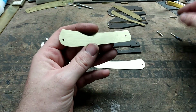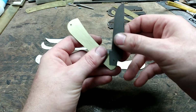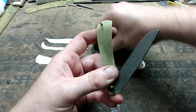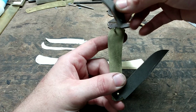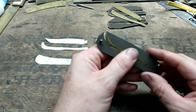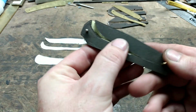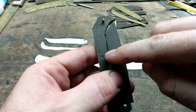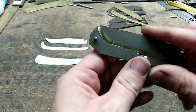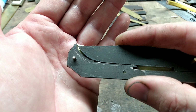Now I'm going to go ahead and put my blade and the back spring on my handle liner. That way I can see how things are fitting in that orientation. Okay, now since I have the cutting edge of my knife where I want it, I can bring the cutting edge down to my back spring,